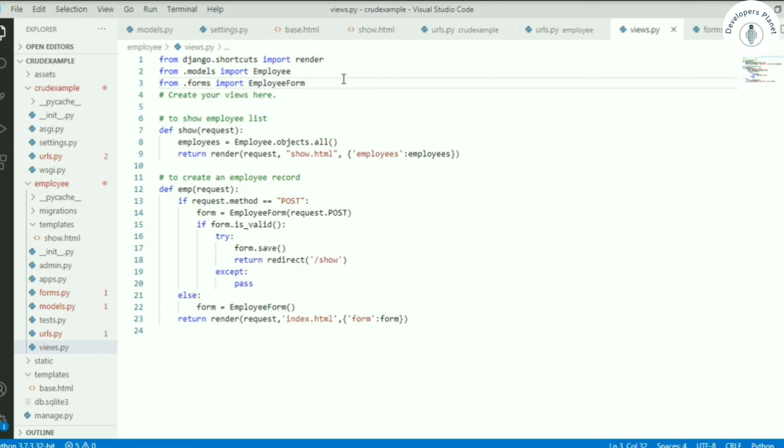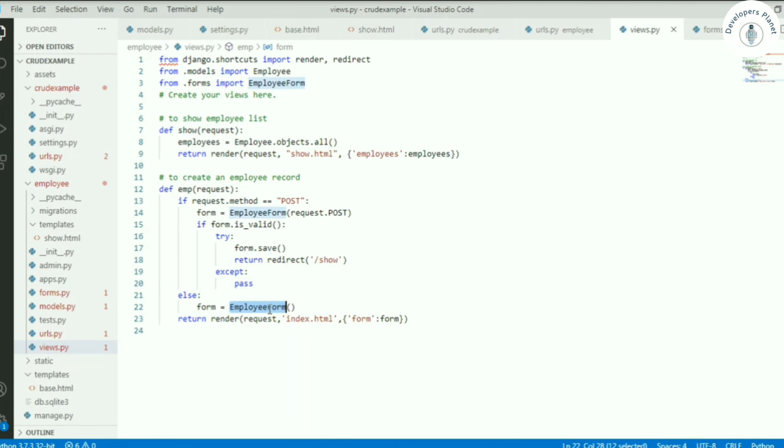Okay, and what else did we need in this file? Redirect also. So let's import redirect. So this emp method first checks if the request is POST, so it takes the employee form, and checks if the form is valid, then it saves and redirects to the show method.